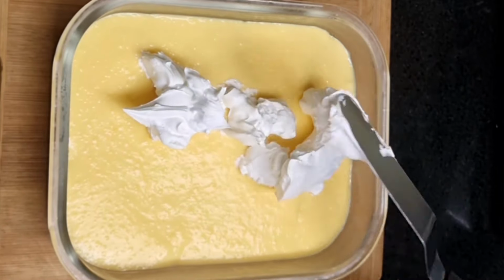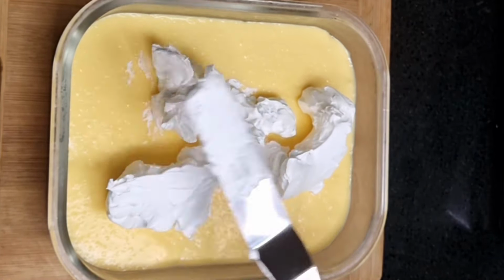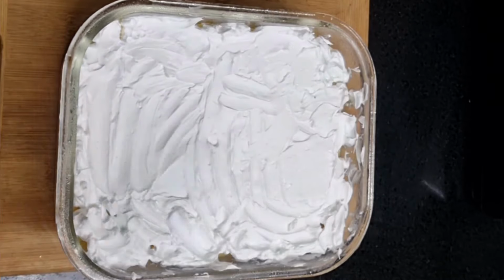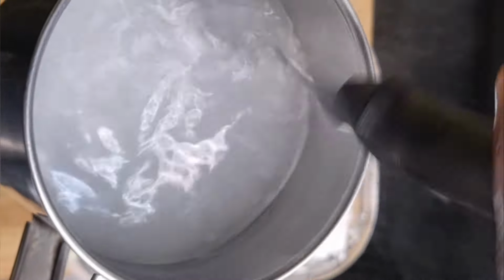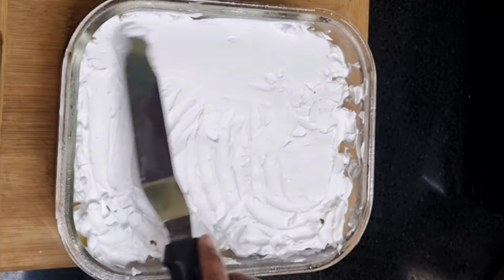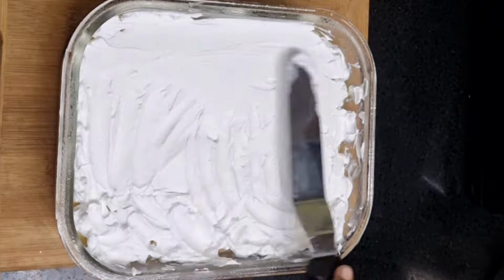Spread the cream over the set custard layer now, like this. To get a smooth and neat finish of the cream layer, dip the spatula in hot water and spread the cream, just like the way I'm doing. This will give you an even and perfect finish of the whipped cream layer,